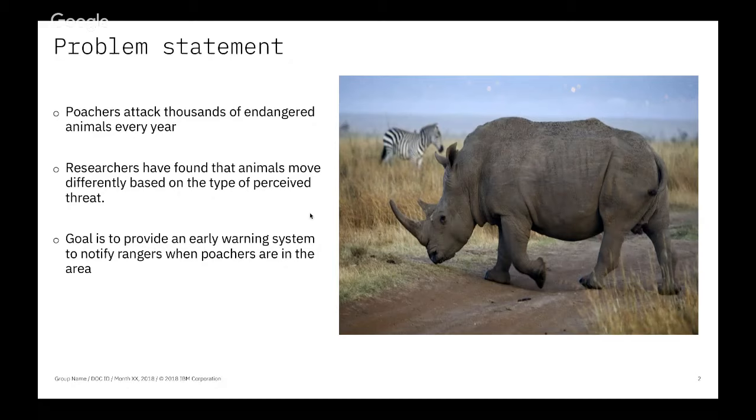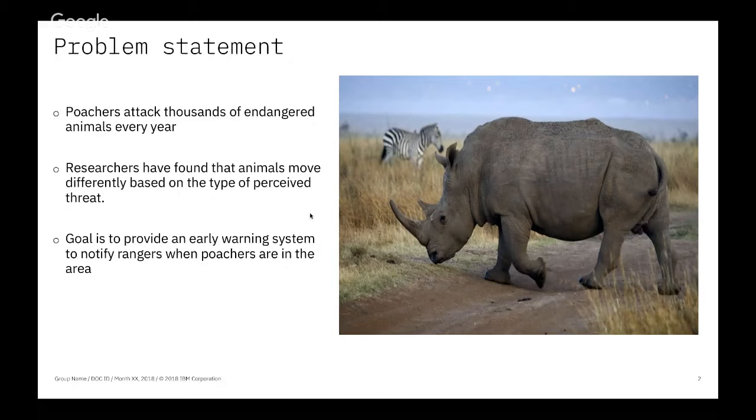So by constantly tracking the movement pattern, the speed, the location, and so on, it's possible to generate predictive analytics models to classify threat levels based off that animal movement. So an early warning system can be used to notify park rangers in advance